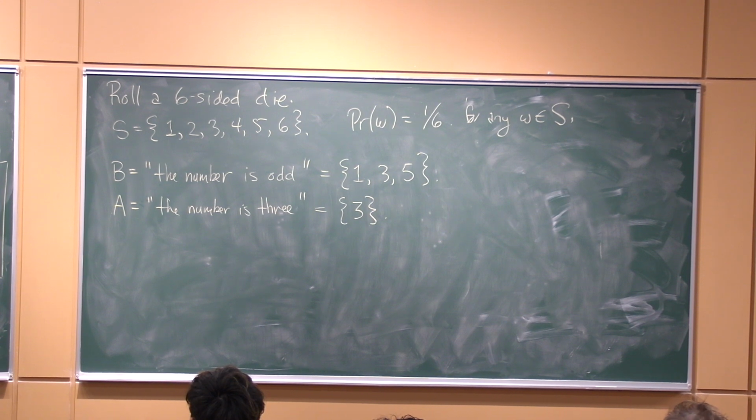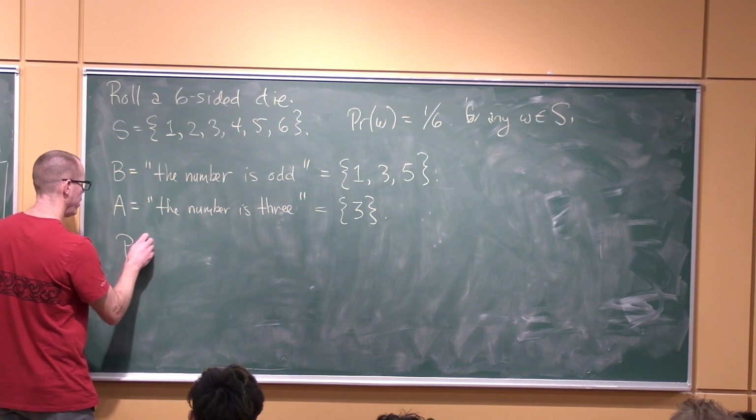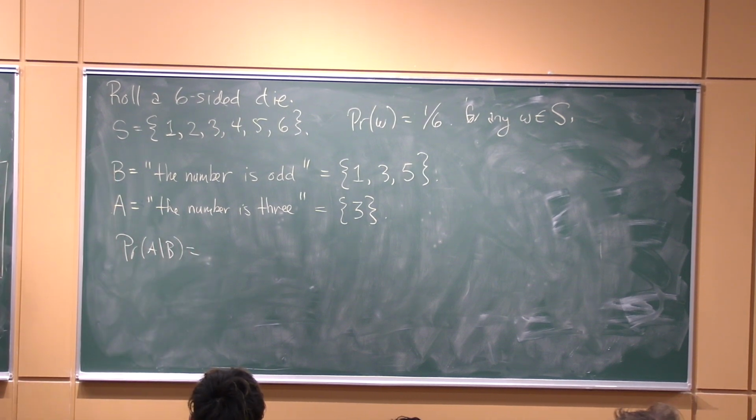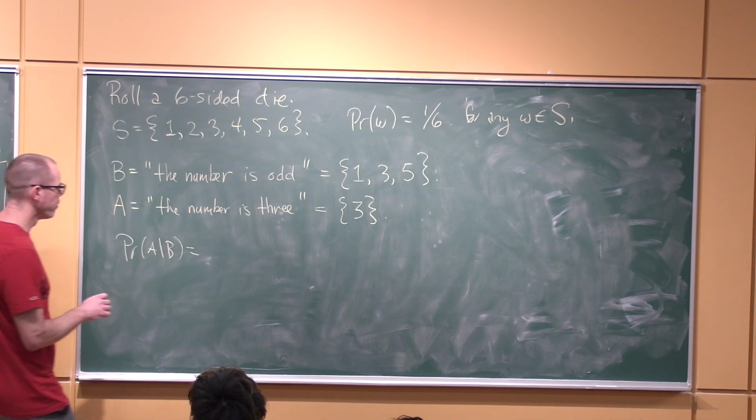What would you tell me? Yeah, 1 in 6. Wait, or just 4 if the number is 3. Well, I roll it. I tell you it's odd. Then that's 1 out of 3. So the answer, we expect that the probability of A given B is 1 out of 3, but we have a definition for what probability of A given B actually means, so let's apply it and make sure it gives us the answer we expect.